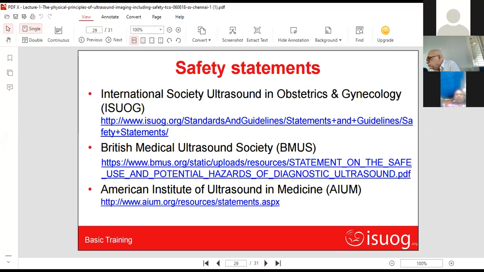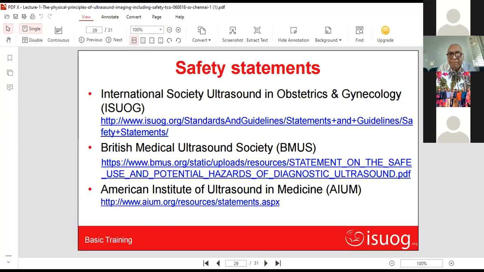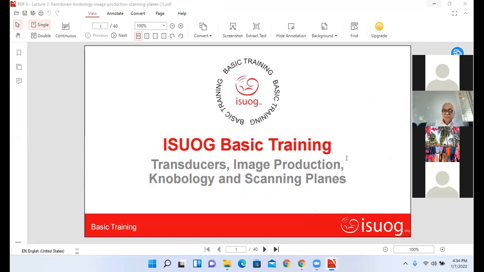Yes, sir. I think it is being displayed. Second slide is being displayed. Yeah, I don't see that actually. Sambit Babu, I am seeing it for the first time. The safety statement, the last slide, close it, then open it. Sir, is it visible now? Yes, now it is visible. I think this is all okay.